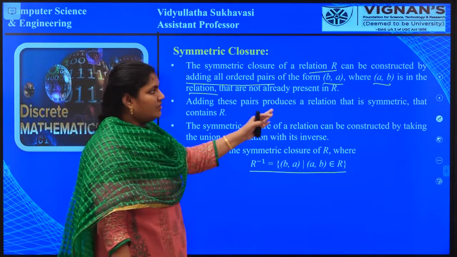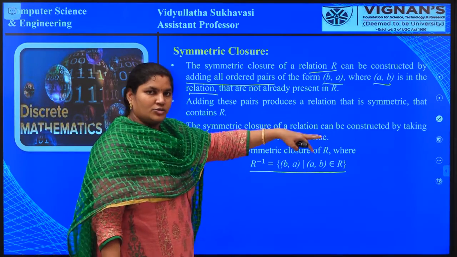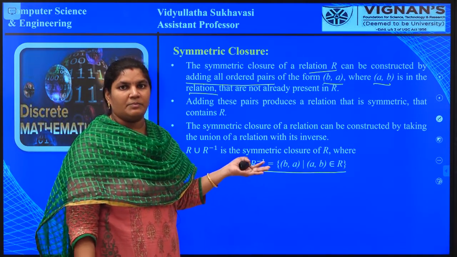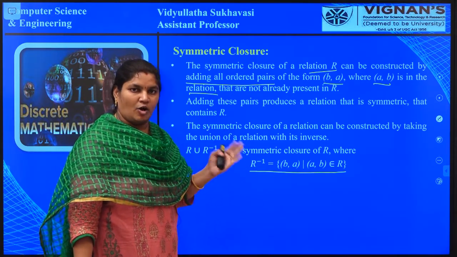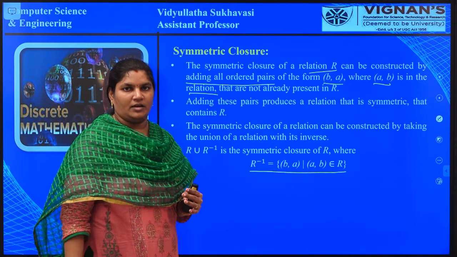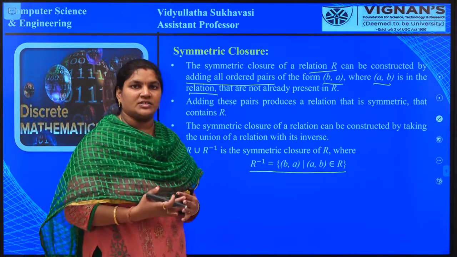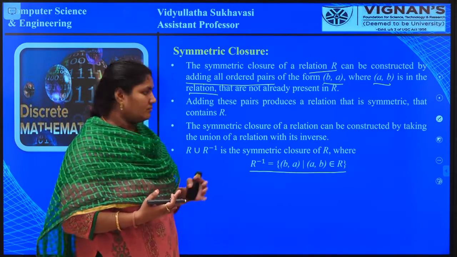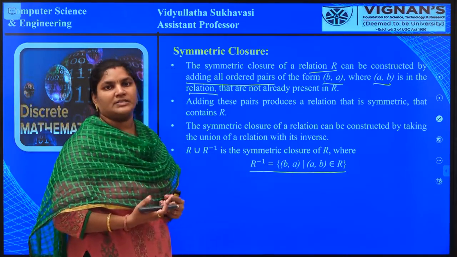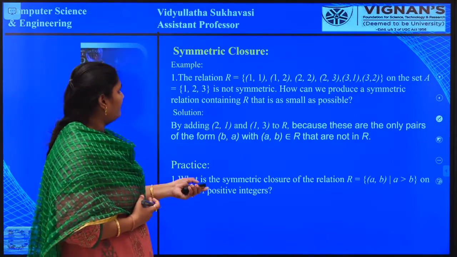So here this is the form which we are representing for symmetric closure. That means inverse. If the ordered pairs are in the form of A comma B, for those ordered pairs we add the B comma A form. Already we have discussed the B comma A form when we were writing a combination. If we have an ordered pair A comma B and we add the ordered pair B comma A, it is an inverse form of A comma B. That means it is nothing but an inverse relation. Already we have discussed. So by adding the inverse form of the given ordered pairs, we can easily form the symmetric closure for the given relation R. So see an example for this.